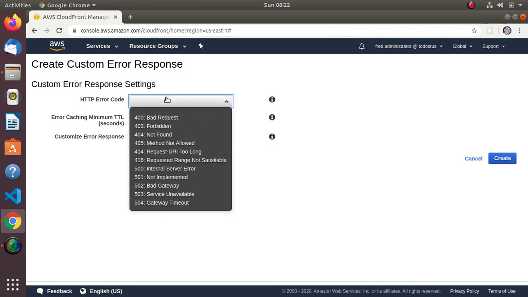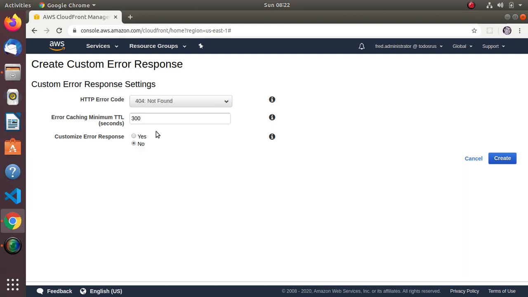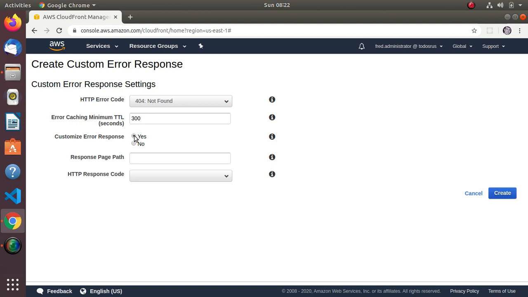If it's a 404, not found, right? And I'll leave the error caching at the default, but I want to customize,